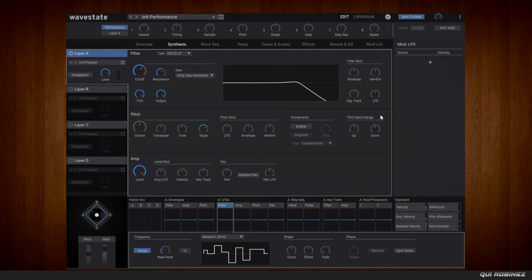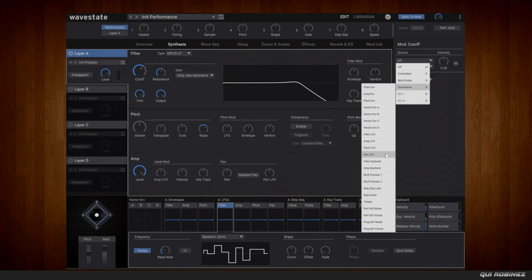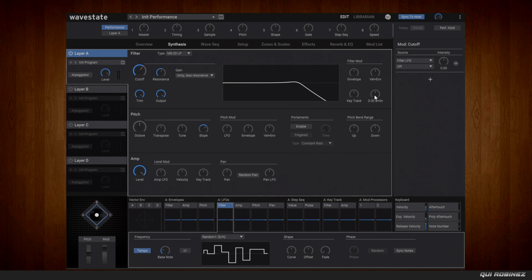And let's say that we don't want to do that, and we are going to use the modulation matrix for this. And the modulation matrix is always on the right side of your editor. And what you can do is you can hit the cutoff filter and press the plus button. And now we have the source and the destination intensity, how much of this source you want to assign to that destination. In this case, the cutoff filter. And we are going to select that same LFO, the filter LFO. So basically, we are doing the same as here. So if we set it also to 50, for instance,